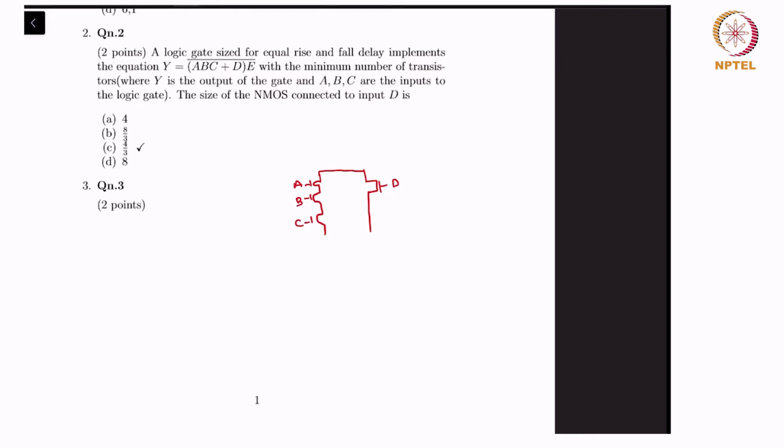But no, I'm not going to do that because I've said it required the minimum number of transistors. Right? So now first we find the size of the stack. The size of the stack is the longest chain of transistors. That's 4, right? So that means each one should have a size of 4 in the stack,